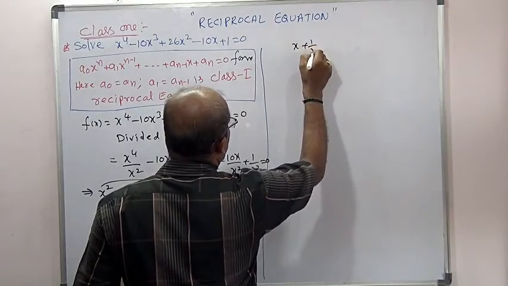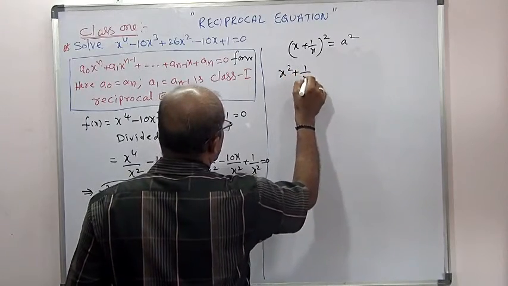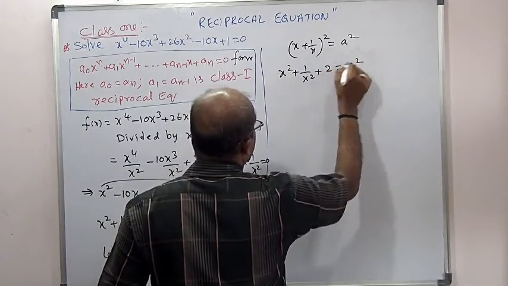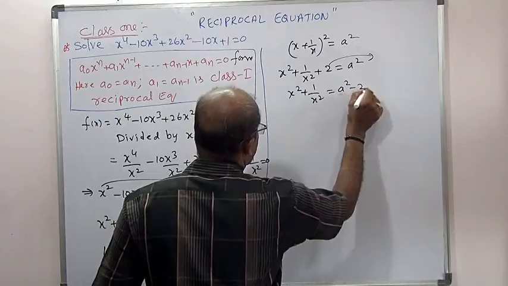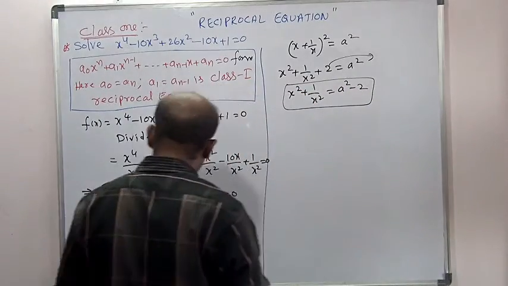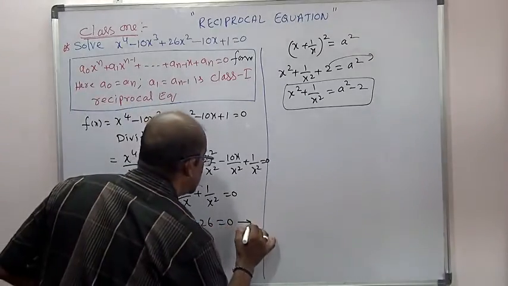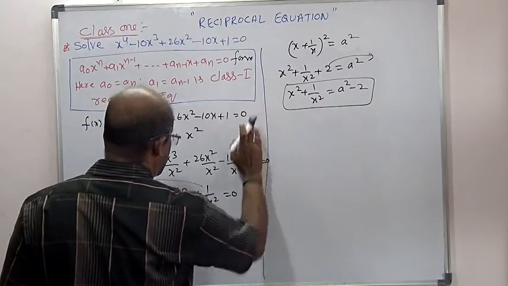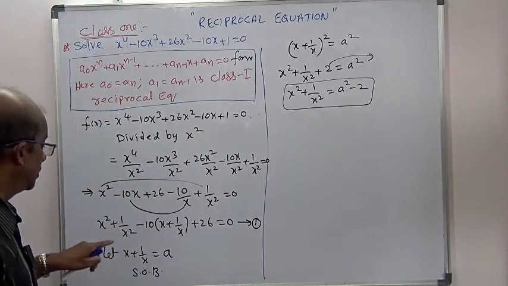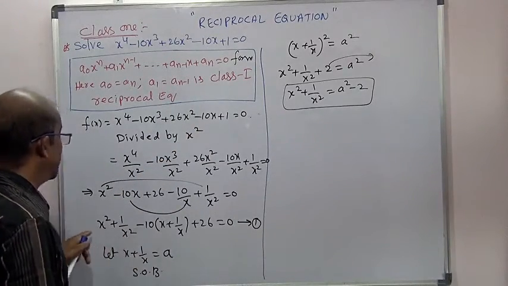So x plus 1 by x whole square is equal to a square. So x square plus 1 by x square plus 2 is equal to a square. Transposing it, x square plus 1 by x square equal to a square minus 2. Let it be equation 1. Now, substitute the a square minus 2 and a values in equation 1, the equation converts in terms of a,